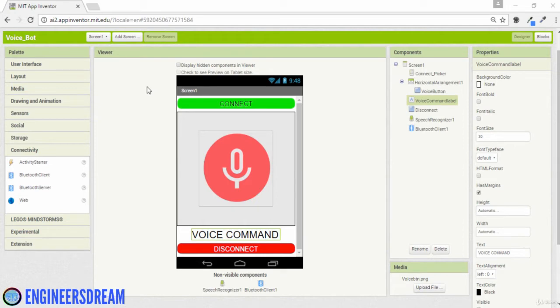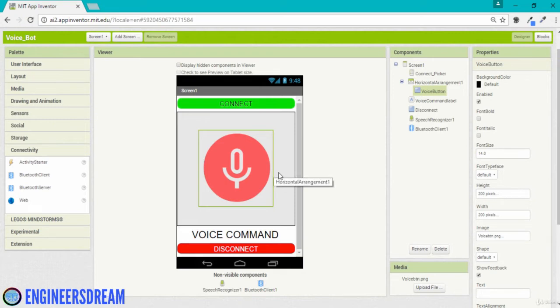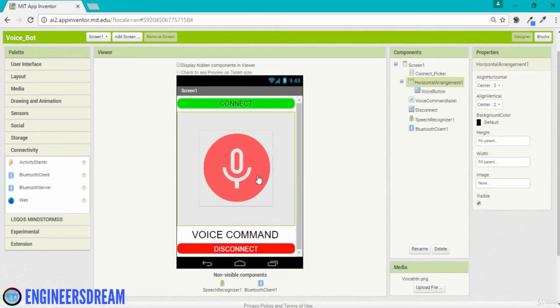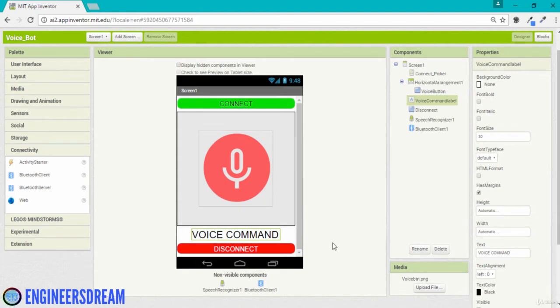In the previous video, we designed the user interface for a VOICEBOT application. So in this video, we will finish the graphical programming for this VOICEBOT. But in this video, we will only do the graphical programming for recognizing the voice and displaying it inside this label. In the next video, we will use this voice as input and try to send the commands to the